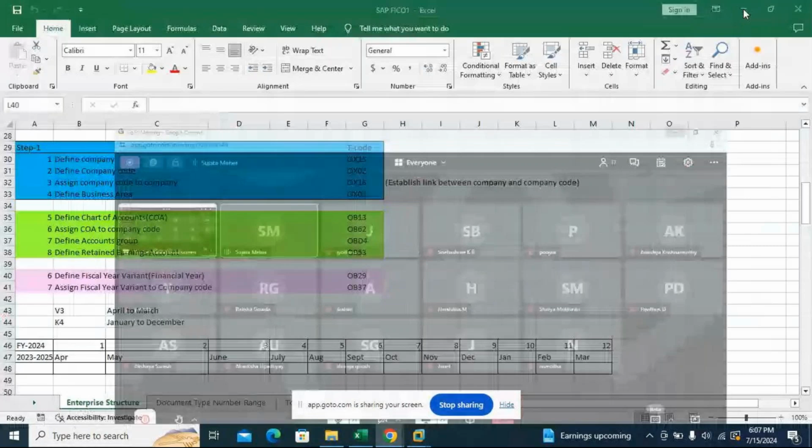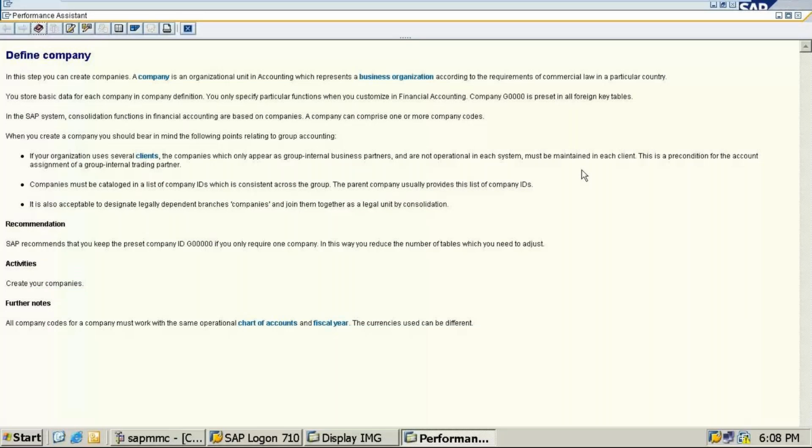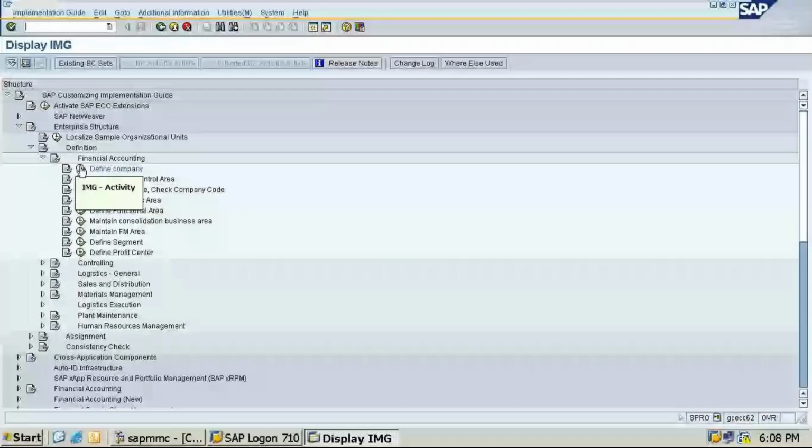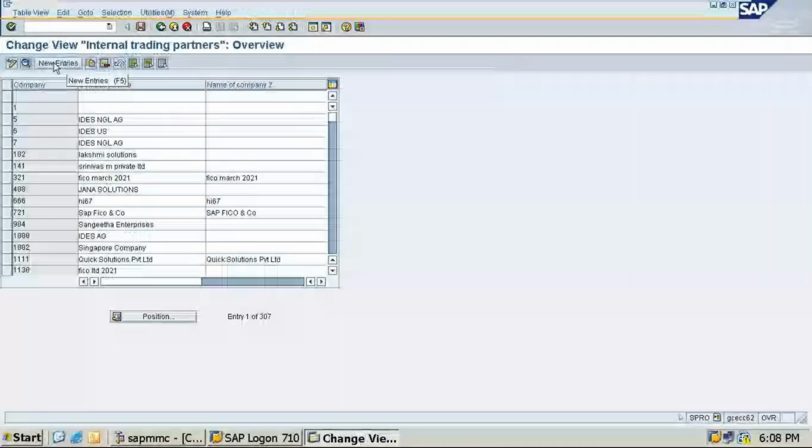A company is an organizational unit in accounting which represents a business organization according to the requirements of the commercial laws in a particular country. So this is the company. You can read how to create a company whenever you're free. Just click on this IMG activity, click on new entries. We need to create one company now. So I am giving now.